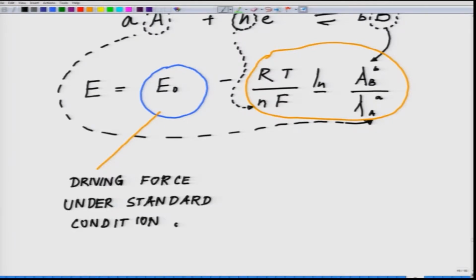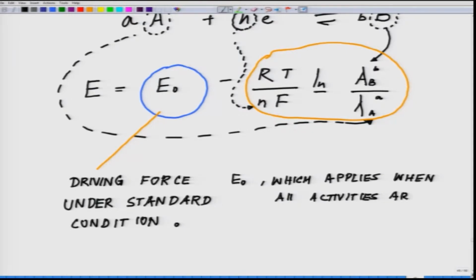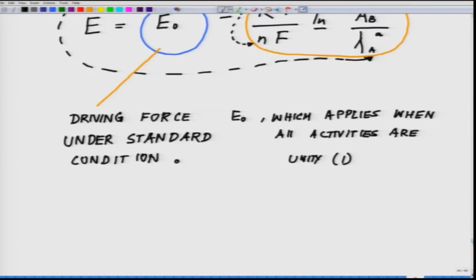This is one, the first term, which is E0, which applies when all activities are unity. We have already talked about it, when all activities are unity, or in other words. And the second one, the second term, which is this term,